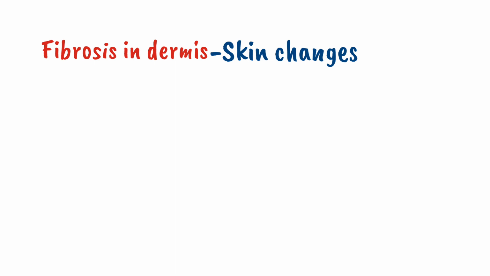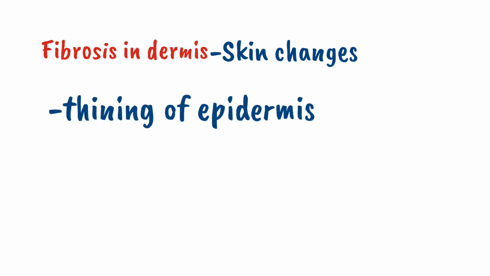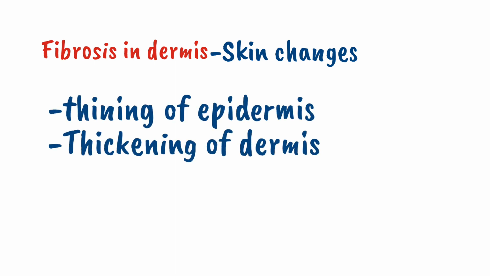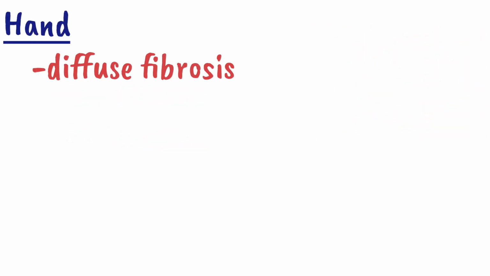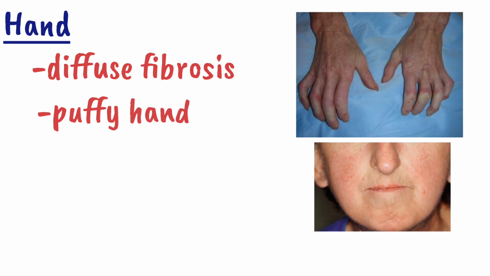Due to fibrosis in dermis, there will be characteristic changes in skin. In skin, there will be a thinning of the epidermis and there will be a diffuse thickening of dermis. Due to these changes, there will be a characteristic finding in face and hand. In face, there will be lip thinning and retraction, and in hand there will be a diffuse fibrosis which leads to puffy hands which are hard to bend and the skin becomes shiny,